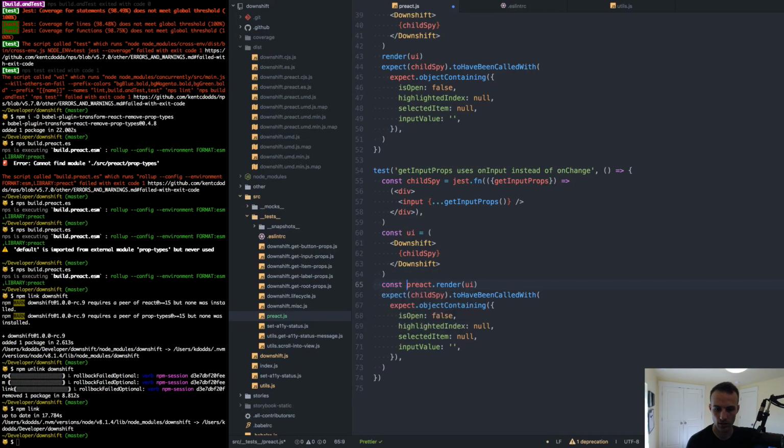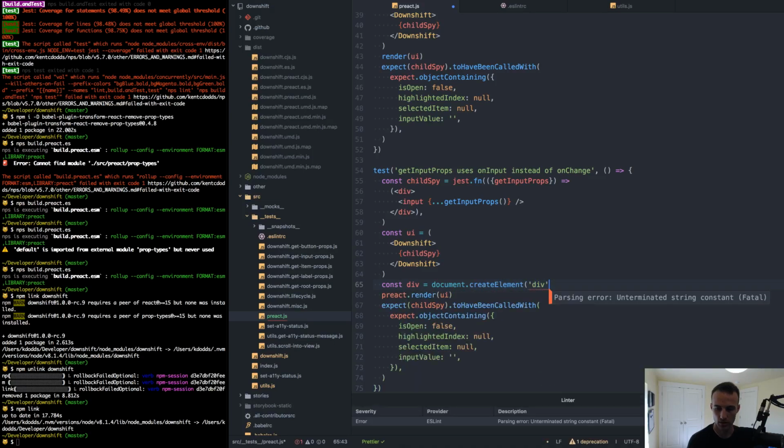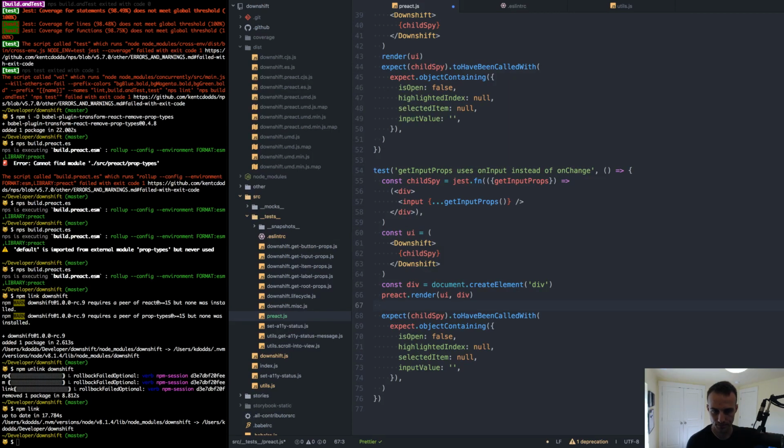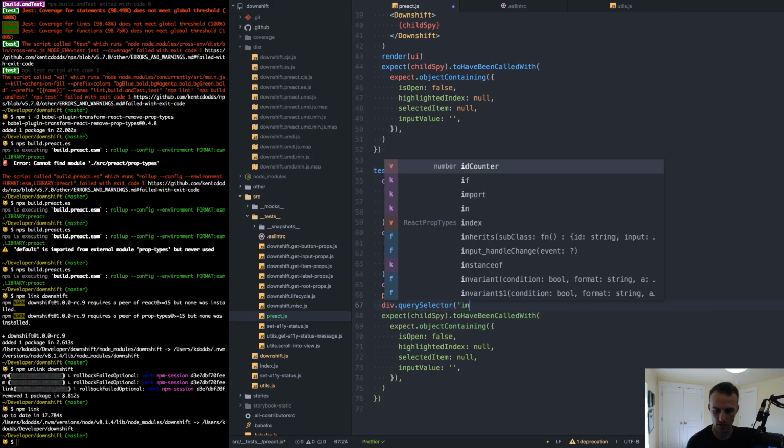Okay, so const div equals document.createElement div, and we'll render it to the div, and then we'll say div.querySelector input,